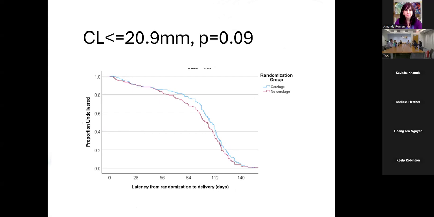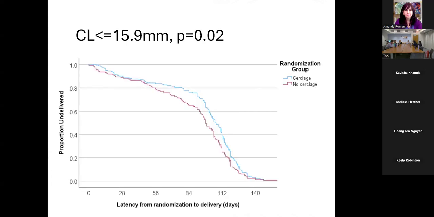I'll tell you the bottom line, since we're also at the end of the morning. I think I'd be interested to see how this gets received. First of all, it may get rejected to begin with. Who knows who will publish it? And I think it reinforces that at less than 11, you should place a cerclage, which is good because that's what we're doing. Now, with something like what I'm showing in the slides,